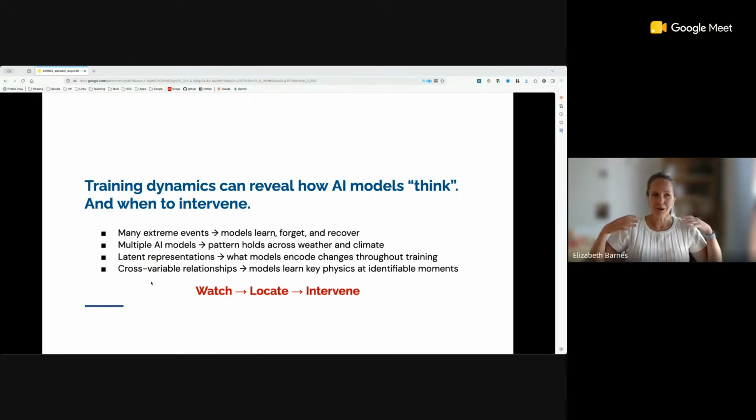So really, I think an ultimate goal, if we could get there, is we watch the model train, we locate times within that training process of particular features being learned, if that's occurring, and then we can go in and intervene on those to make them better, like the case of tropical cyclones. This is, I will say, optimistic. I think there is work that also shows that these models aren't learning in this way, and there will never be a part of the model that is the TC portion or the heat wave portion of the model. But I think we don't know yet if that's true, and so I've been really excited about looking into it.